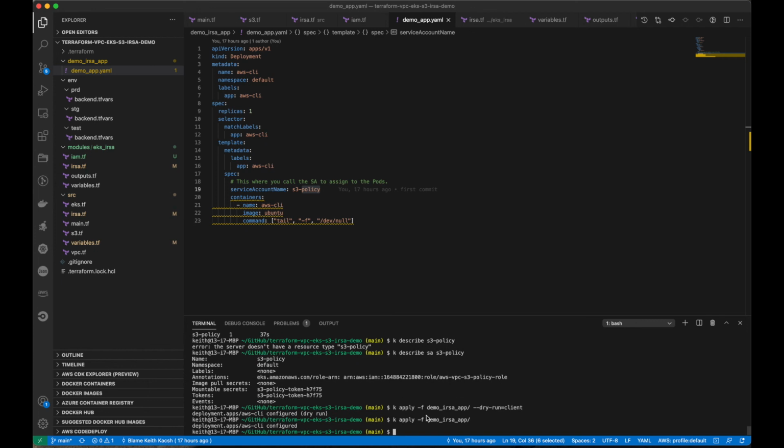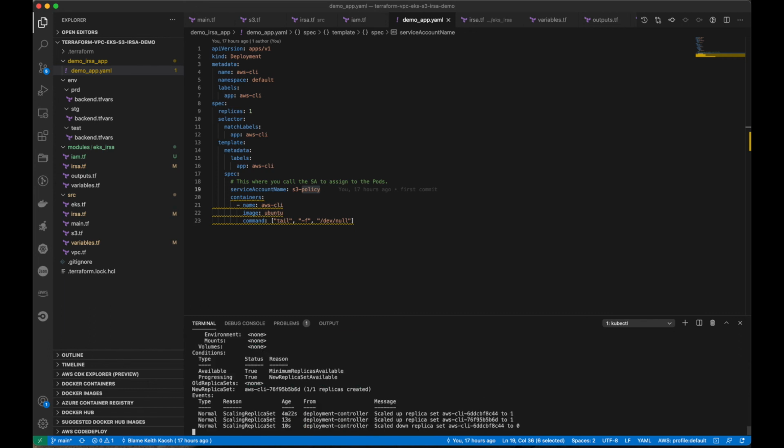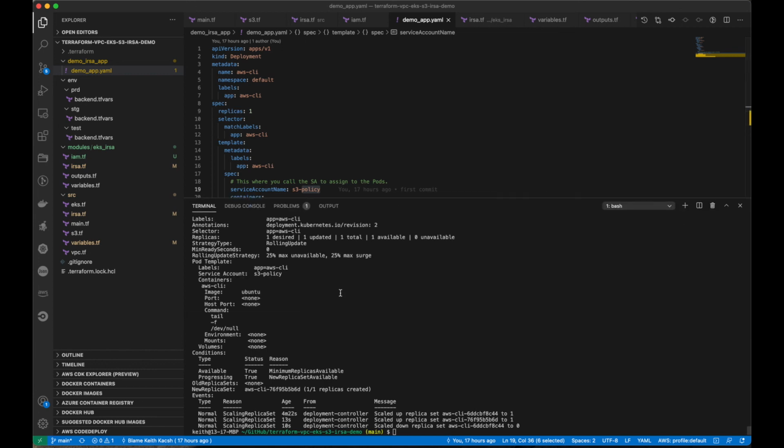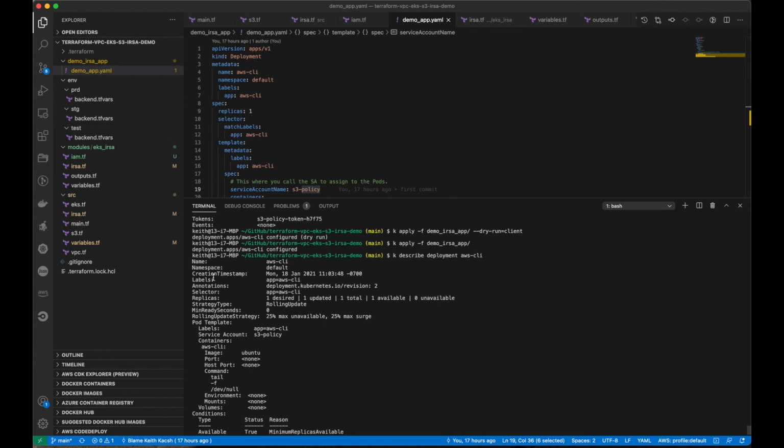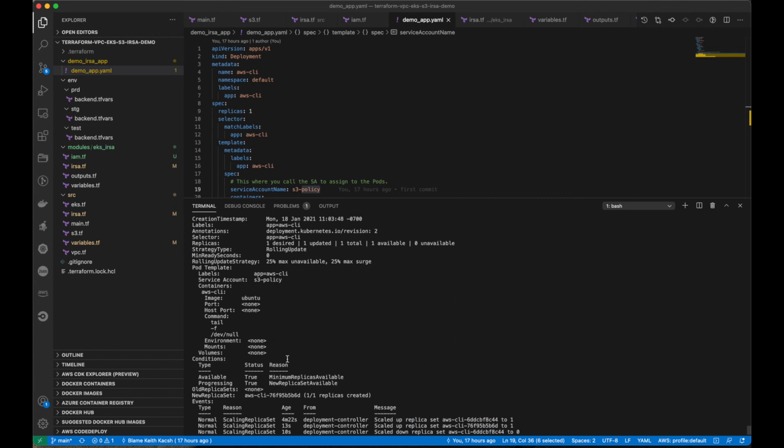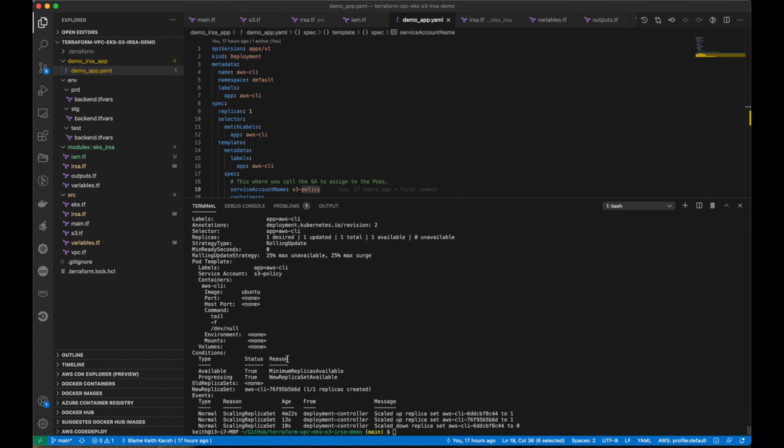And we'll take a look at this real quick. k describe deployment aws-cli. Hold this up a little bit. And as it's describing, you can kind of go through here and look at all the specs for it. And you can see right here where it says service account, it's calling the S3 policy. So if we do a k get pods now,